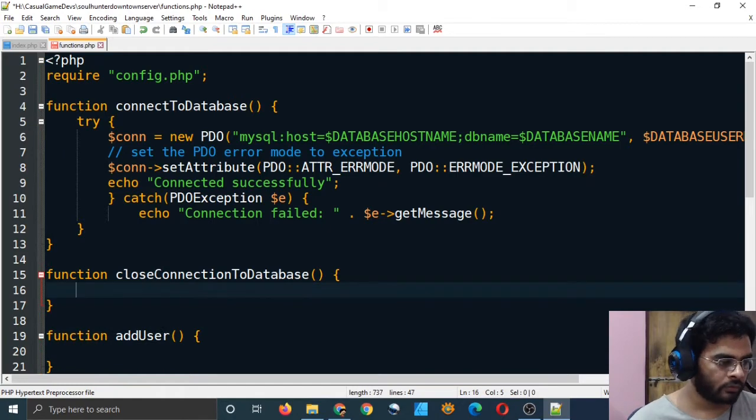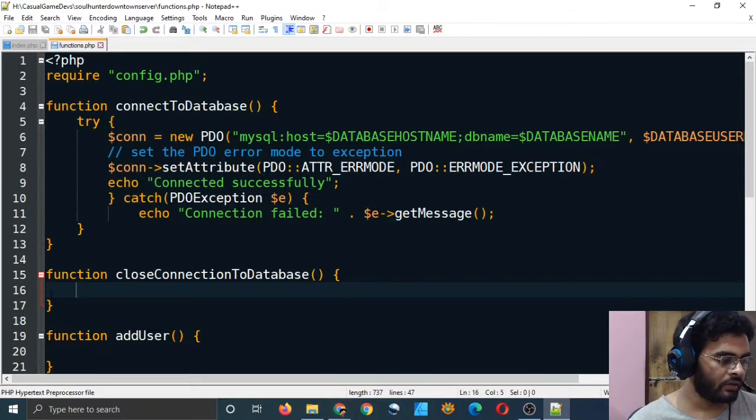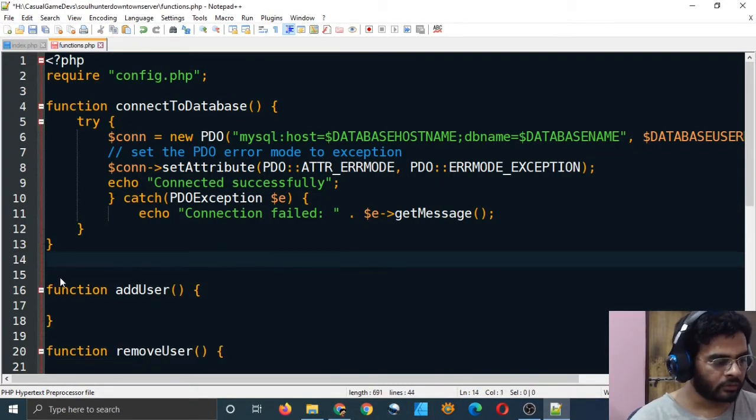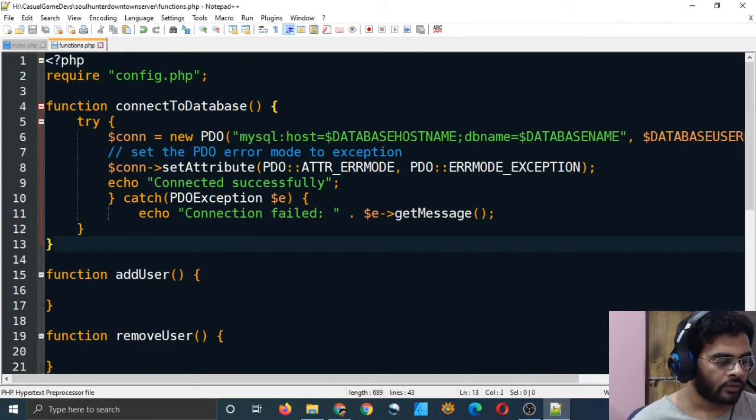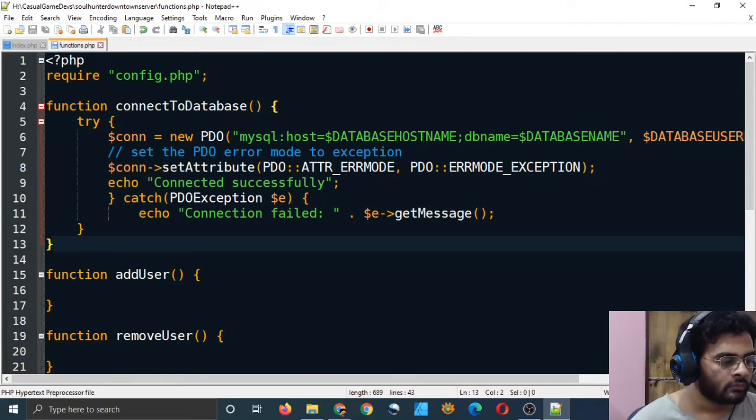You can close it like this, but I think you should not do that, because there will be scoping problems.